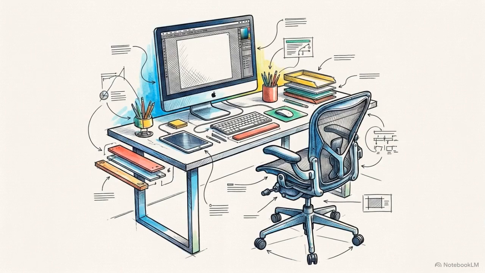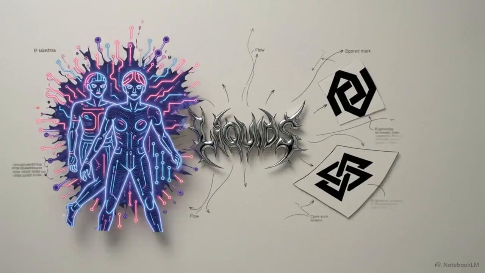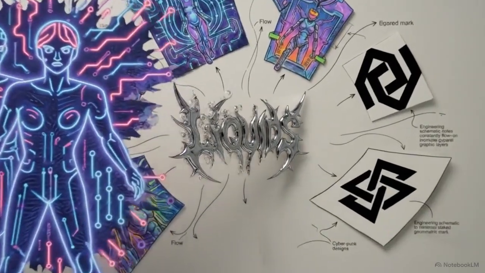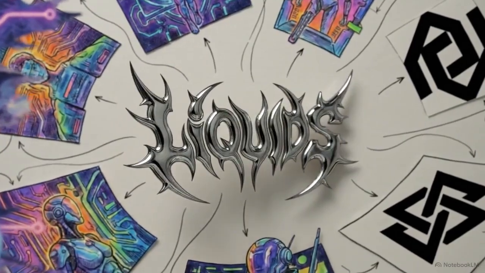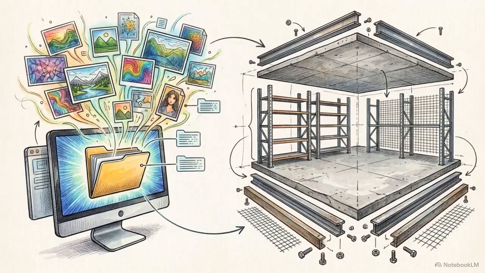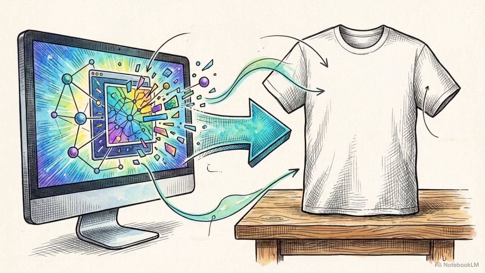AI image generators have changed how designers start their work. You can type a prompt and instantly generate a Y2K aesthetic, a cyberpunk graphic, or a minimalist logo without picking up a pen. But holding a high-resolution JPEG on your hard drive does not mean you have a functional clothing brand. The actual friction of building an apparel company happens during translation, moving digital pixels from a backlit screen onto